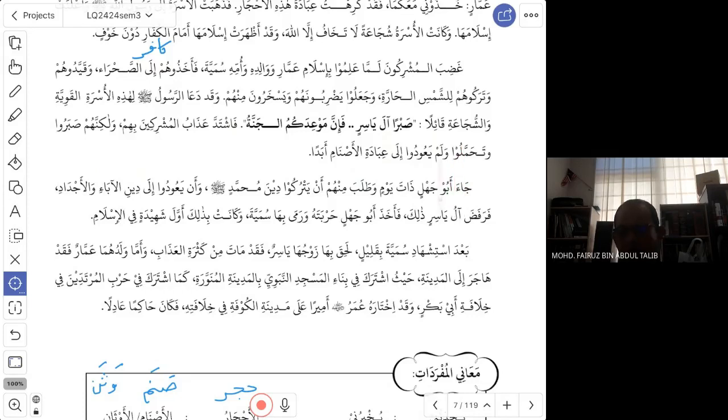Walam ya'udu, and they did not return. Ya'udu, return. Yarji'u, return. And lam, did not. So they did not return to worshipping the idols, ever. Ibadat, worship. Asnam, the idols. Abada, forever. هذه هي الفقرة الثانية. Any question? هل هناك سؤال للفقرة الثانية؟